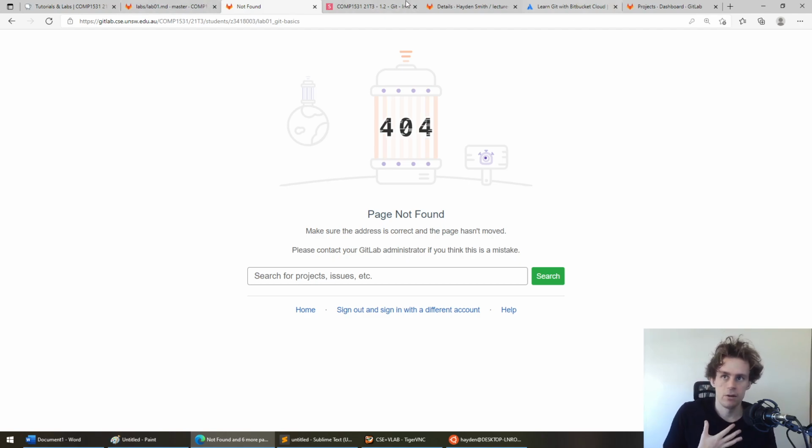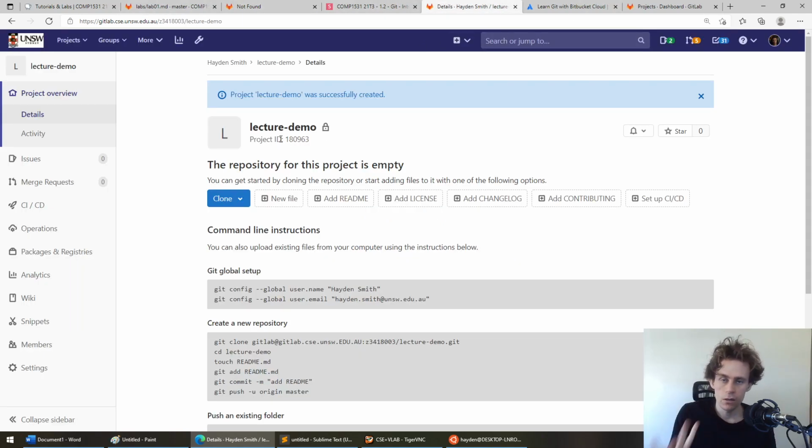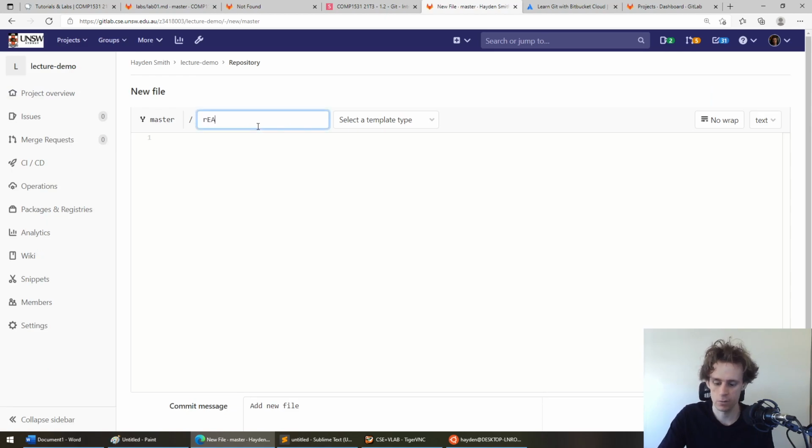In terms of our little demo today, though, I've got my own little Git repo here. Yours will kind of look... Let me make a file first, because I just want it to look like what yours looks like. Yours will have some kind of